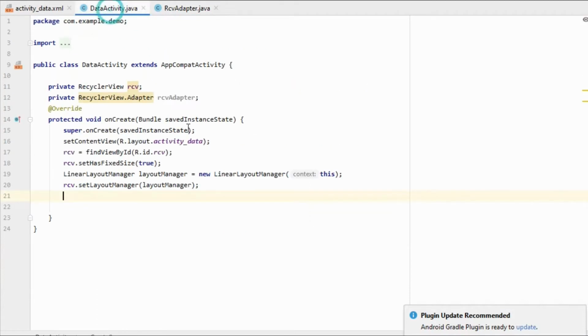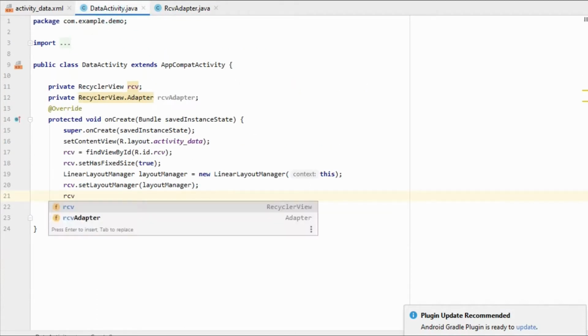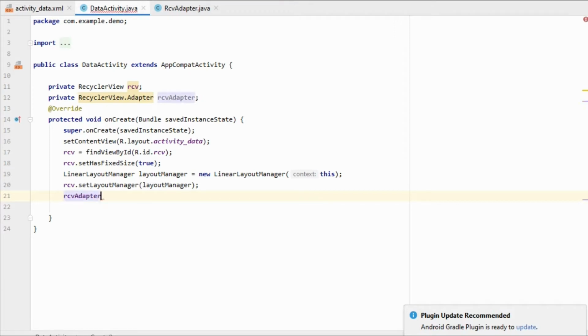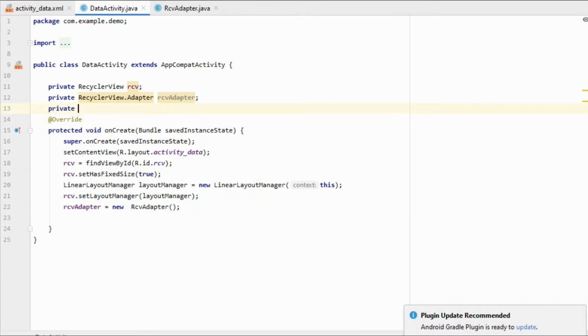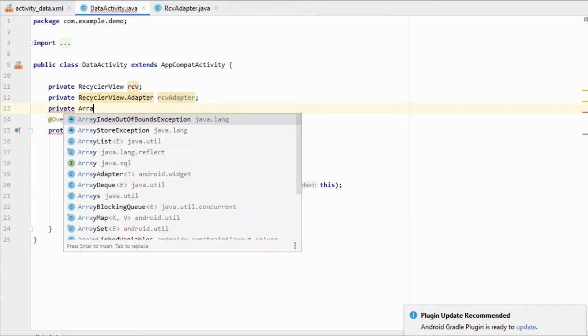Now go to data activity and make an object of that RCV adapter class. RCV adapter, which is the variable we have declared, equals to new RCV adapter, I forgot new, and we'll pass something later, right? We first need private array list